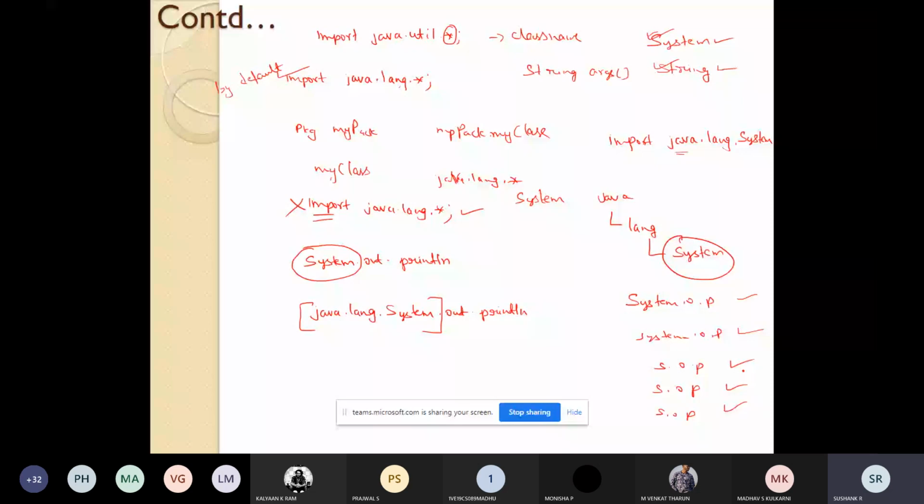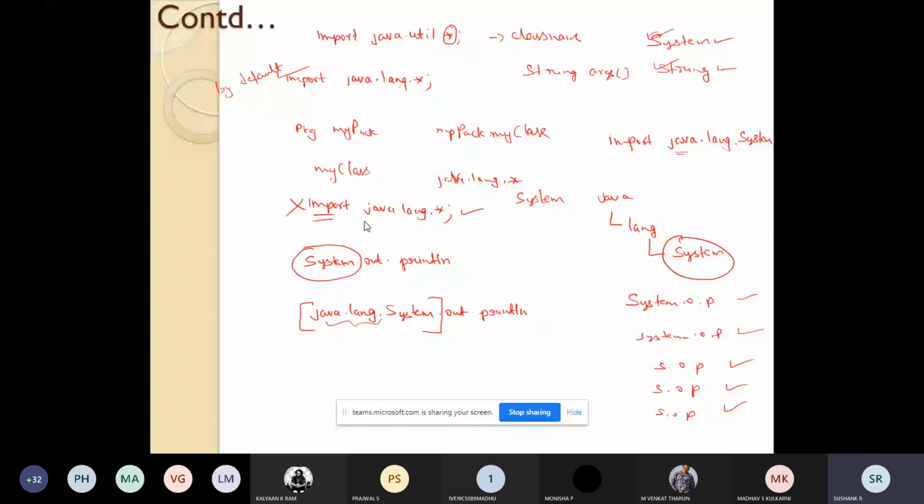So this import statement is a convenience for him. He can just use the class name instead of referring to it with the package name. It helps the programmer write the program easily, and a lot of typing work will be saved.